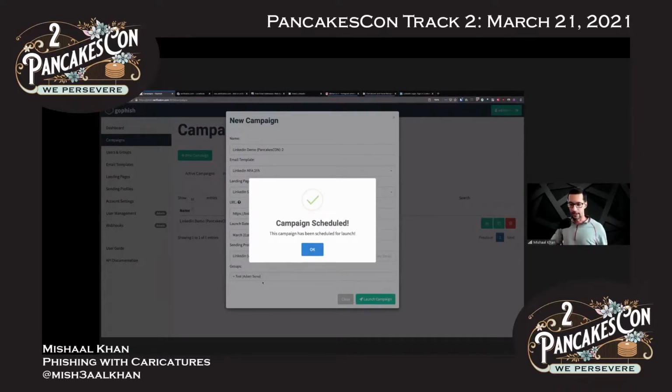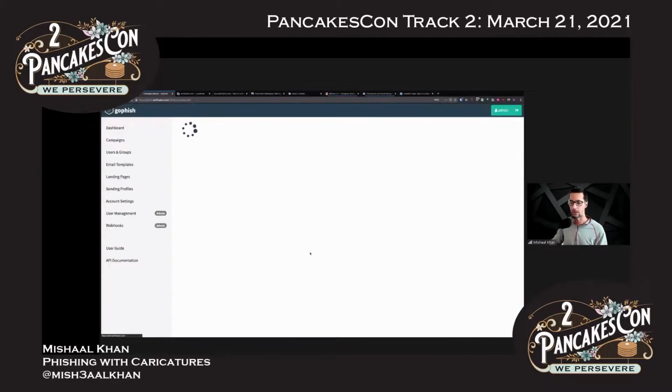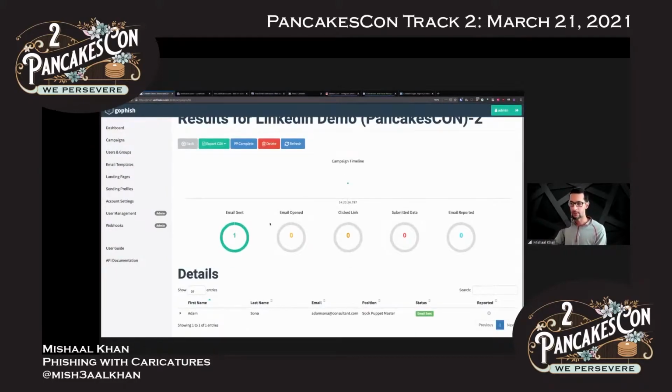Ideally, I would put in here a couple of hundred emails provided by the client themselves, and this would now go out. Since this is just one email, now I start seeing statistics in the backend. This is what I'm after. I see one email was sent, nobody opened it, no one clicked it, and no one submitted any data. Here are the details of that. So now let's go and check that email. Did I really